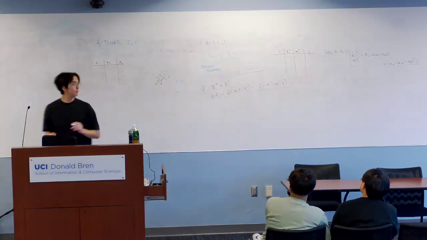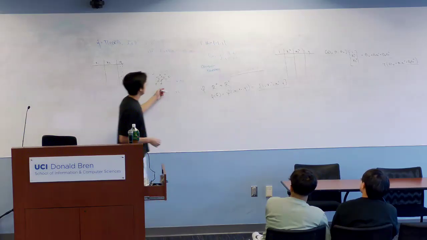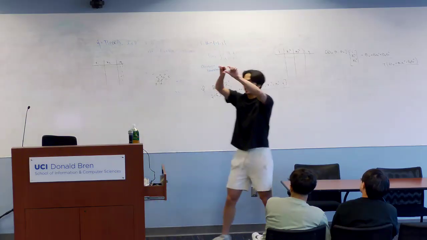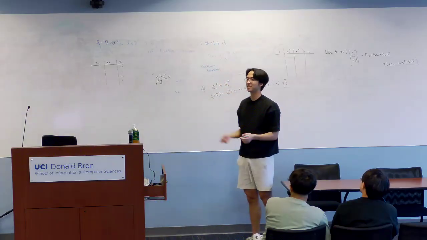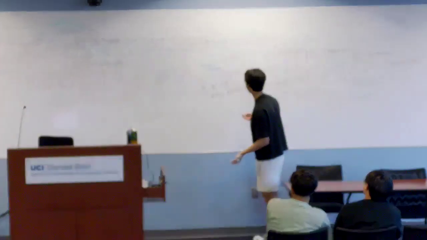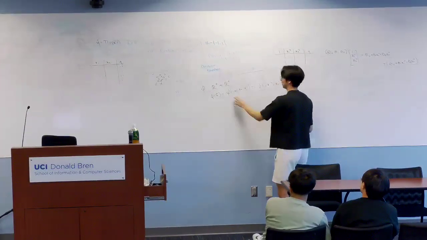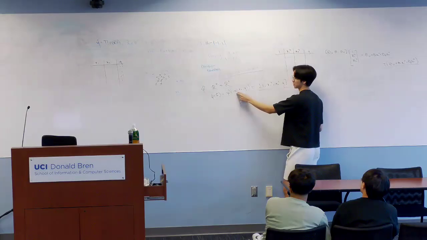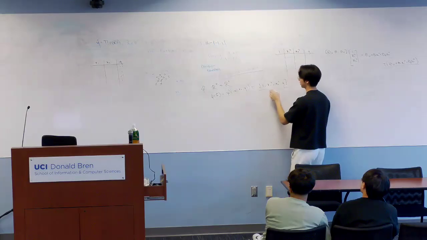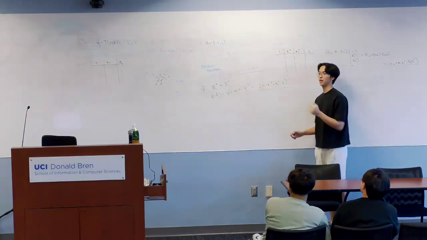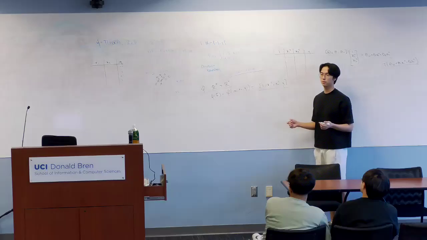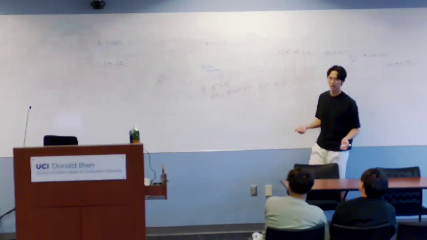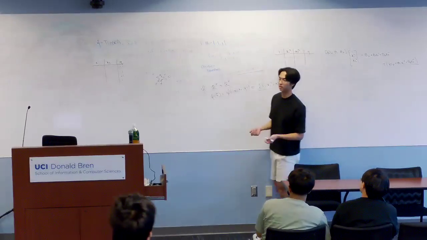Even for the original, where all the circles are on the outside and the x is on the inside, technically I could have defined a feature transform theta of x, which accepts some x1, x2, y tuple and maps it into x1 squared, x2 squared, x1 cubed, x2 cubed, x1 to the fourth, x2 to the fourth, and so on to whatever nth degree term I wanted. Why don't we do that?